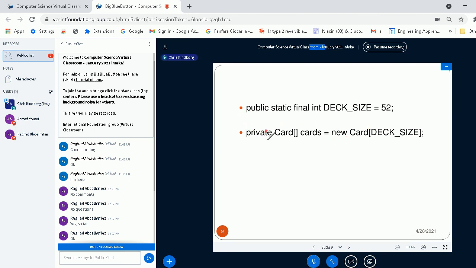I've marked this as being private. In other words, only the class in which this is defined can actually access it. So what this line says is that cards is an array of type Card, and cards is the name of a new object created from the array object with length 52.